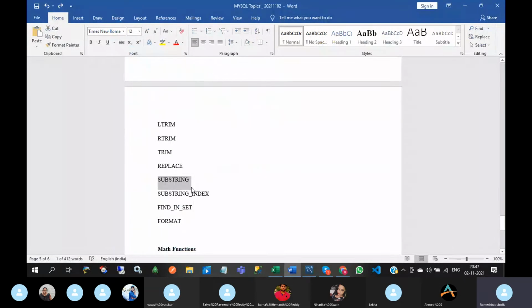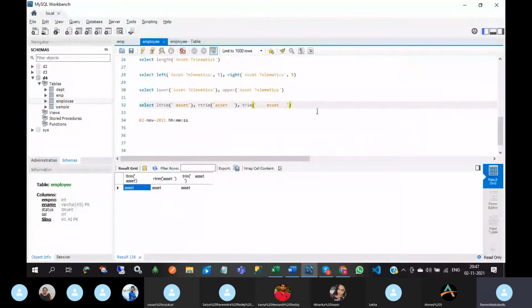Substring, sorry, not substring, replace. Select replace of asset telematics.